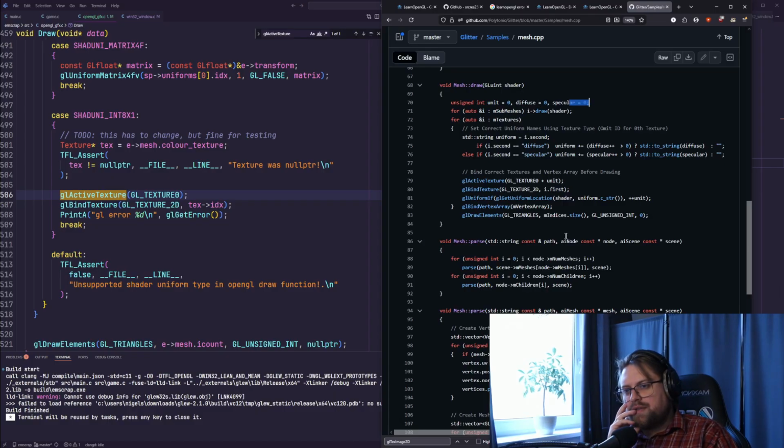So they're using different indices for different types of textures, but it's consistent across different objects. So we have active texture, texture 0, bind texture, texture 2D, and then the